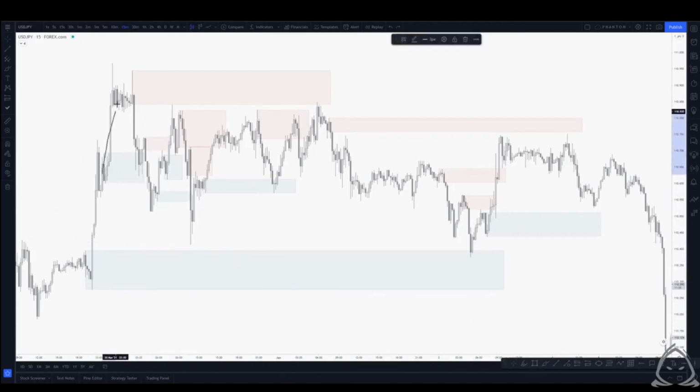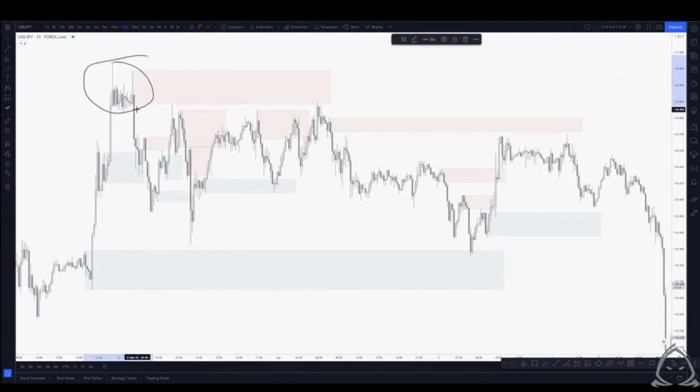Because like we said, this was a continuation pattern. We had a V reversal return. The zone didn't hold. We had a continuation pattern, a V reversal return, and the zone didn't hold. Continuation pattern, V reversal return. The zone didn't hold. So we can see when we add on the fact of continuation versus reversal models,